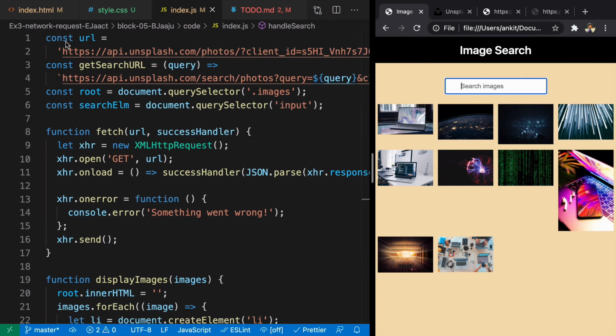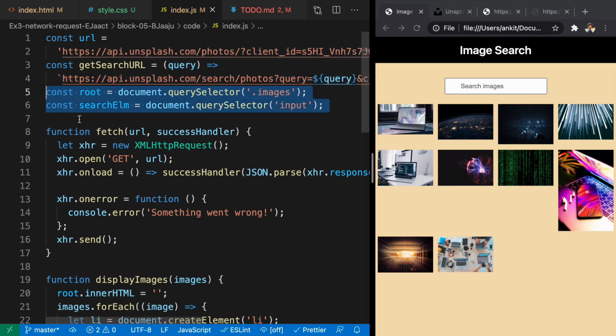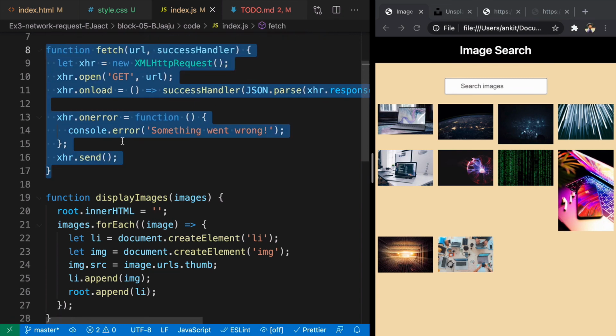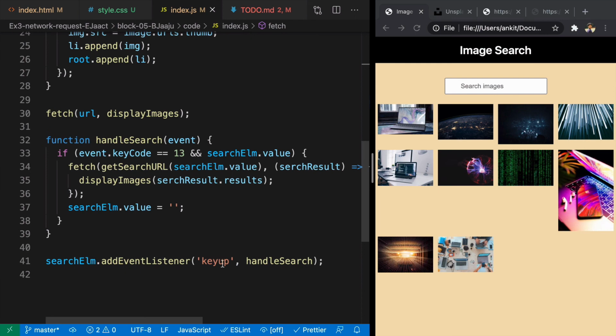So here we have a URL variable that contains URL. Then we have get search URL, that is a function that gets access to query and creates and returns a string based on this query. We have multiple elements here. We are using the same function we used earlier. And here, as soon as key up happens on search element, we are going to call handle search.